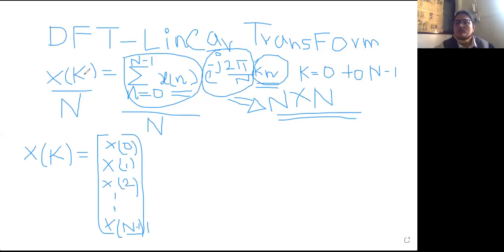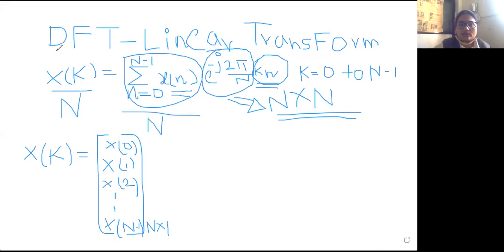Whatever I am now speaking, I have represented in matrix format. In the matrix format, how many rows do we have? We have n rows and 1 column, so the size of this matrix will be n by 1, right? This is 1, 2, 3 up to n. So we have n rows, and only 1 column is present. So this is represented by n by 1.